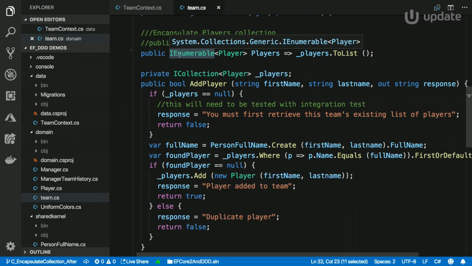So by default now, by convention, I can do this encapsulation. I can make it an enumerable so that my API users are forced to go through my add player, and if I had a remove player to remove players, they're forced to do that. So that was an amazing improvement. But there's another level of this,